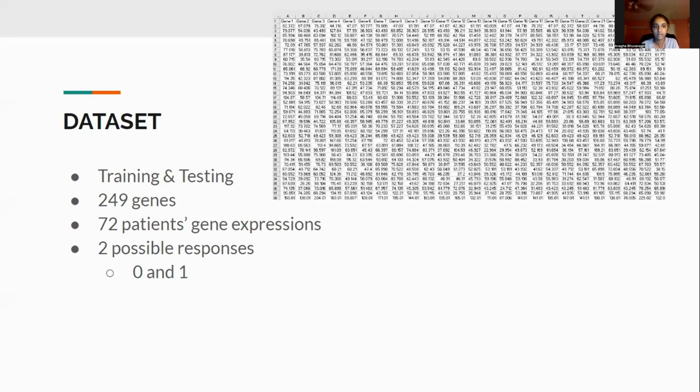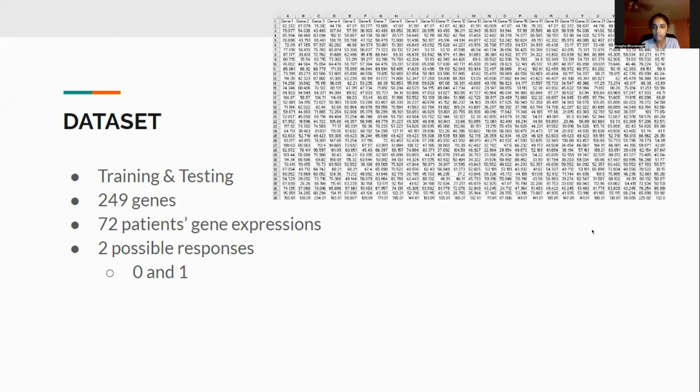So for the data set, we used two data sets. First, the training data set, and then the testing data set. The training data set is the data set we used to train our model. It contains the gene expressions that we evaluated for this project. And then the testing data set is the data set we used to test validate our model. This is important because we need to make sure that our model works with other data, not just our own